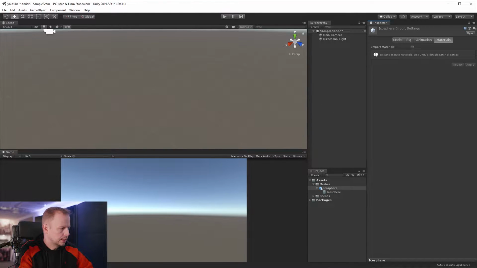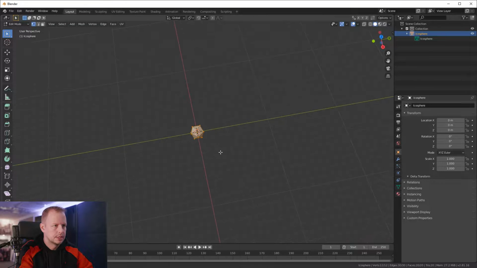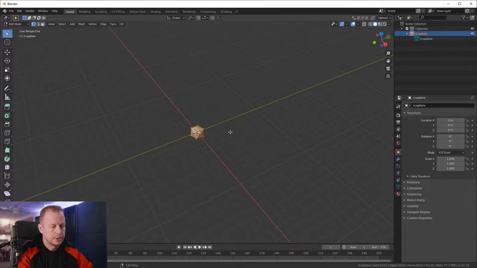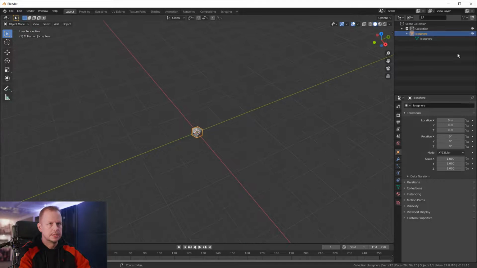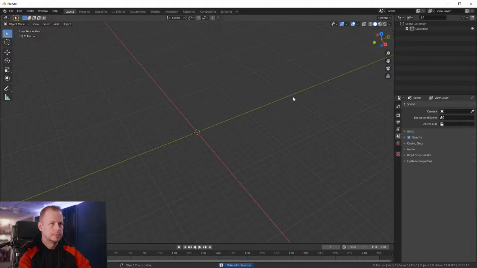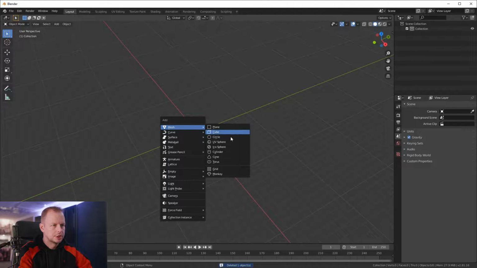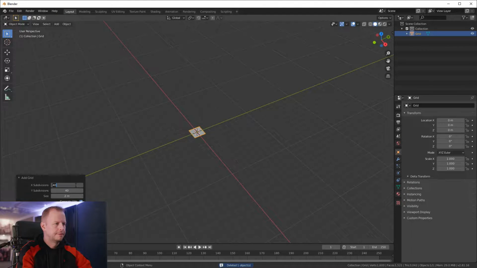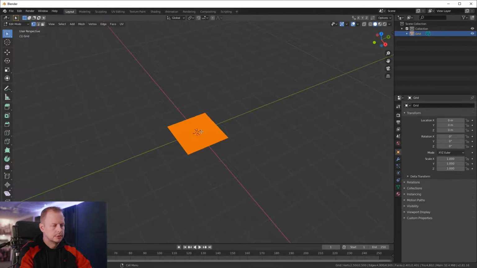Actually, what we should also make is something for this waterfall to fall down on. So let's create just some simple geometry for the landscape. So let's delete the icosphere first. Actually, we don't need that one anymore. Then we create a new mesh. Let's create a grid, 50 by 50 subdivisions. Go tab into edit mode, and then we scale it up